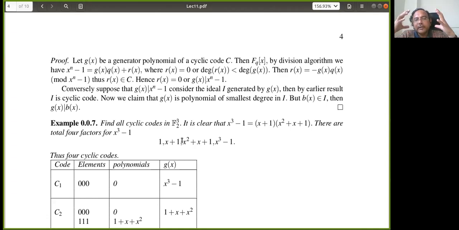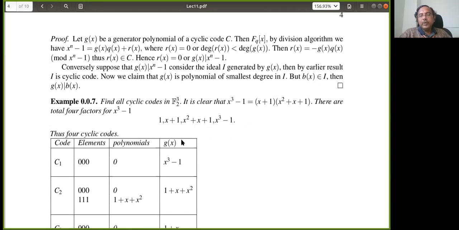So how to get those nice matrices? Constructing good codes means you have to have a nice matrix G with many independent columns. That's why today I introduced Hamming codes. I want to have a parity check matrix where, if I take any k columns, they are linearly independent. How to construct that? That is the beauty. Okay, fine. Now you understand that x cube minus 1 is equal to x plus 1 into x square plus x plus 1. What are its divisors?